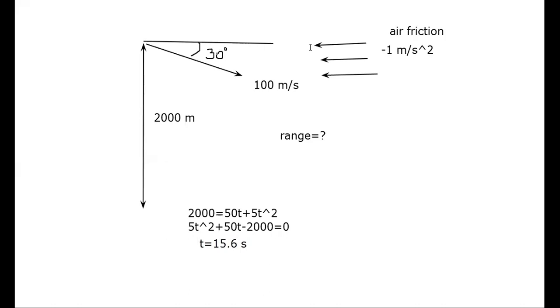Sir, how did you get 15.6? After solving this quadratic equation, you use the formula method, minus b plus minus. If you take 5 common, sir, how did you get 5t square? Shouldn't it be plus half t square because retardation is -1? And what is half into g? Oh, okay. So we'll consider g. G is considered, no?